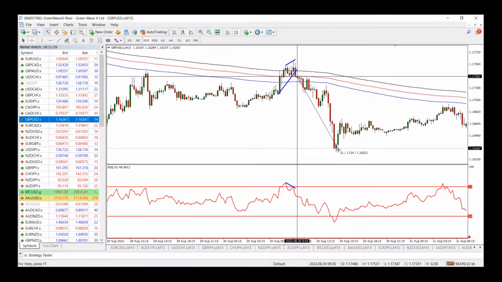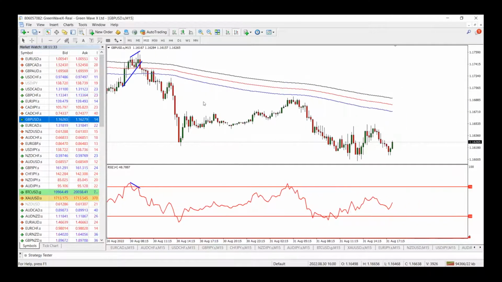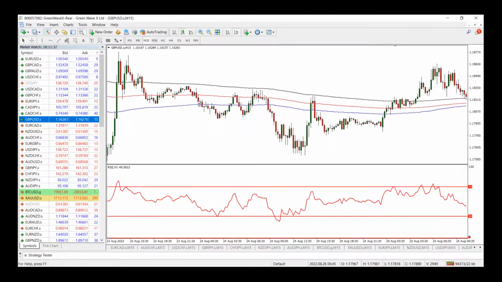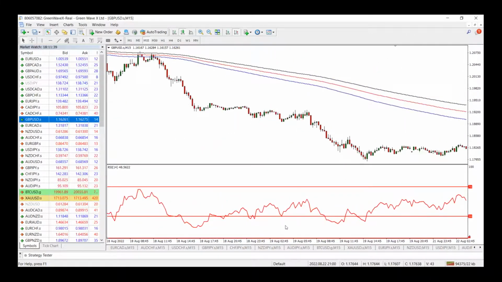You would have been able to take a 1 to 3 risk reward ratio or more from this, very easy. Okay, that was a really very good trade. So that's just it. I'm going to take you to my TradingView quickly because it is there. I've been able to mark all those